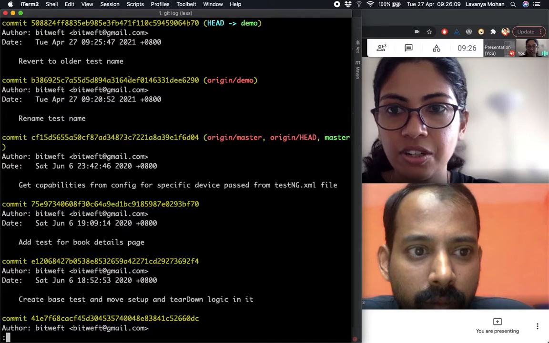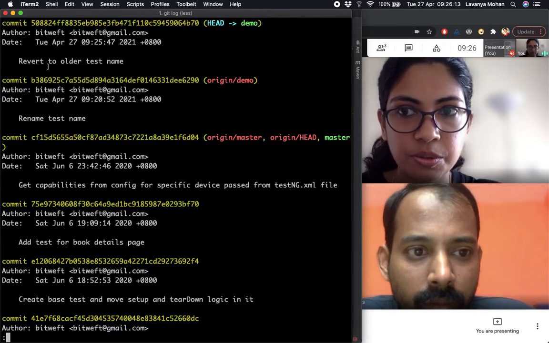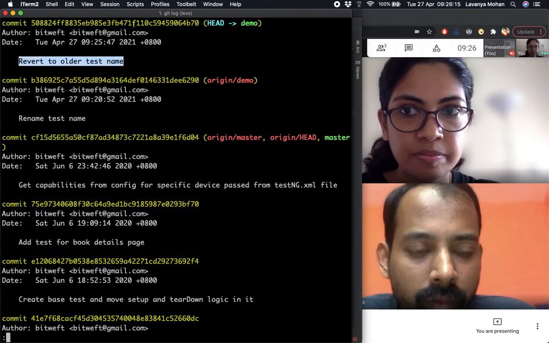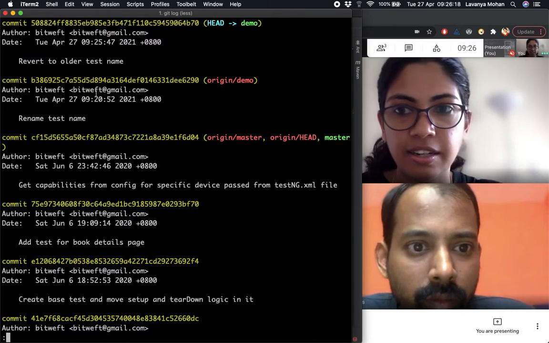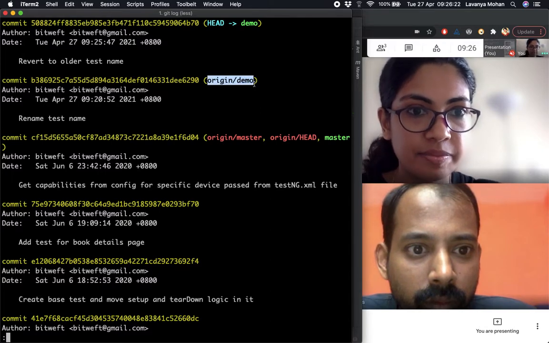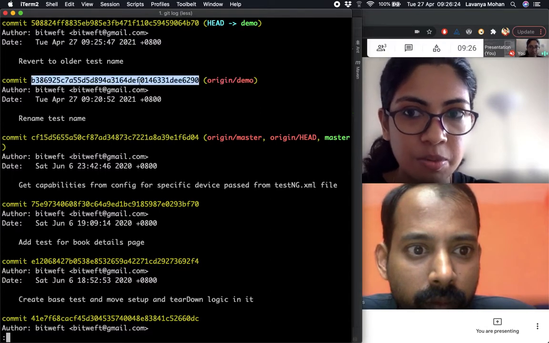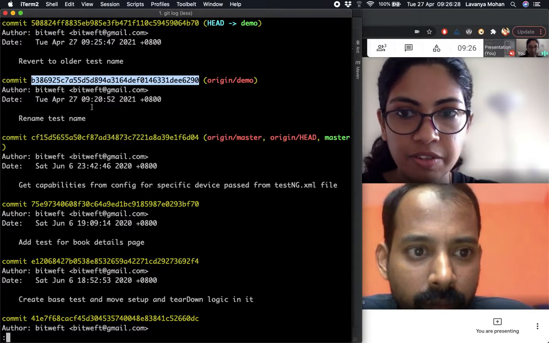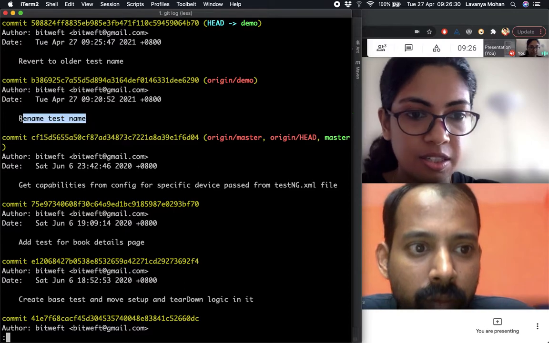When we look at git log, we can again see that our head is pointing to this new commit that we just made. And origin demo, which is the new branch on remote, is pointing to a slightly older commit, the one which we pushed earlier, where we had just done a rename.